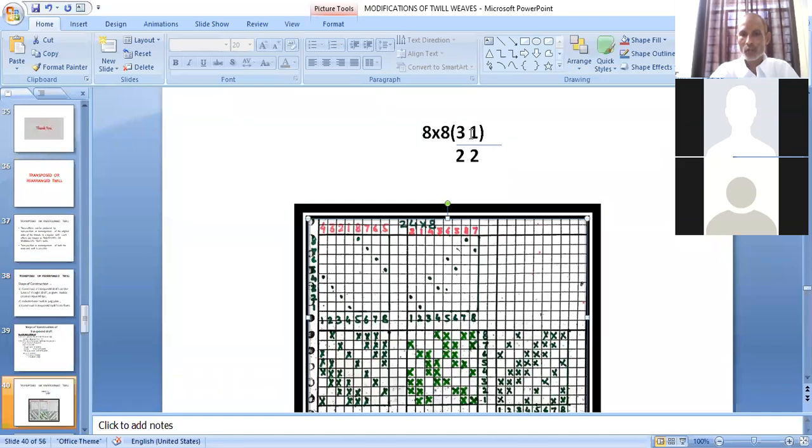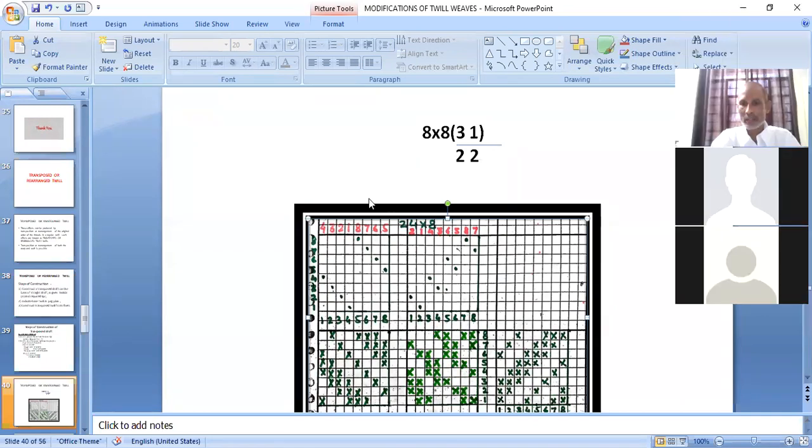Within one view, instead of taking one interlacing only like 4 up, 4 down, or 3 up, 3 down, here we are taking 3 up, 2 down, 1 up, 2 down. So 3 plus 1 is 4, 2 plus 2 is 4. Overall, it is 8 cross 8. So in 8 cross 8, that is also one of the possible variations of 12, 3 up, 2 down, 1 up, 2 down. Just to get knowledge of these types of twists also, instead of taking the simple example of 4 up 4 down 12, I'm taking this example.